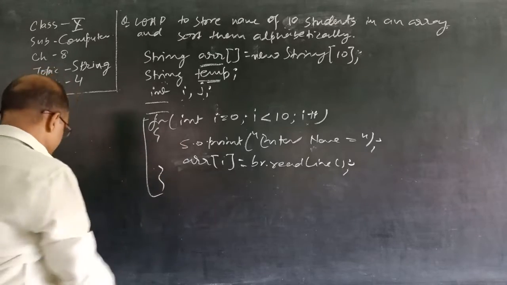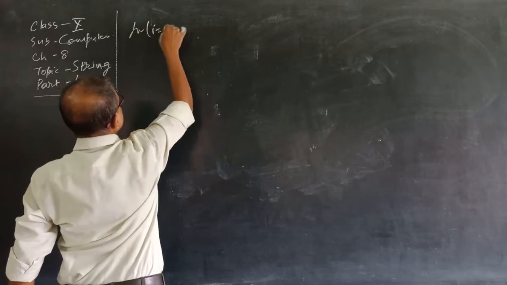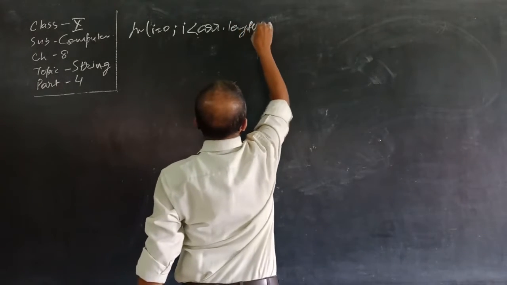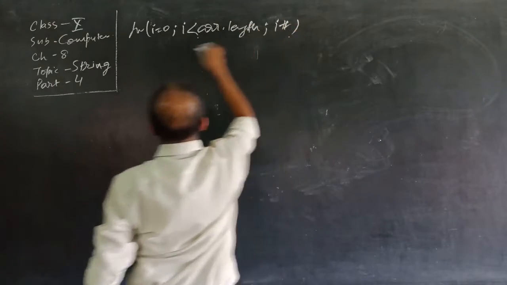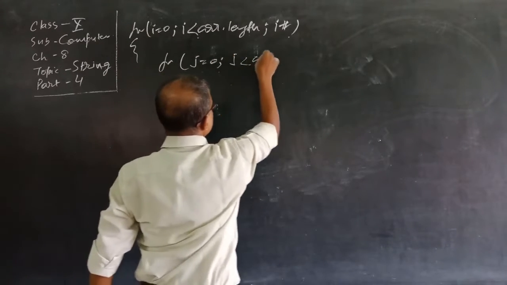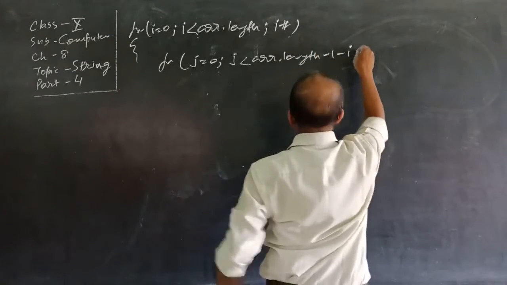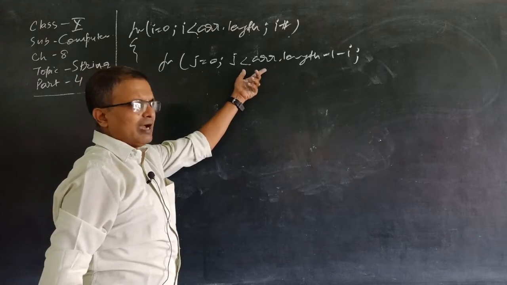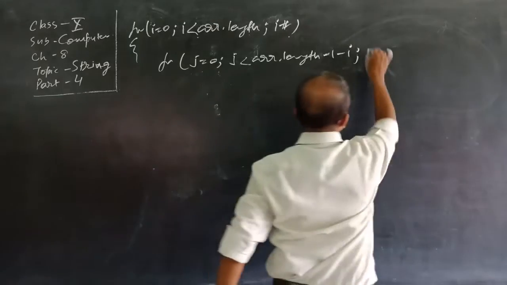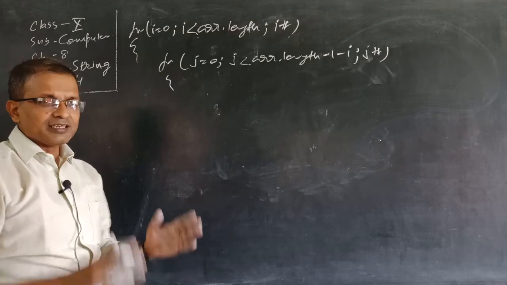Okay, now apply the loop as in the bubble sort. For i equal to 0, i less than arr.length and i plus plus. For j equal to 0, j less than, what is the concept of bubble sort loop? Length minus 1 minus i. This is important in bubble sort. You have to remember this concept: j less than arr.length minus 1 minus i and j plus plus. Now here the concept is to be recalled.